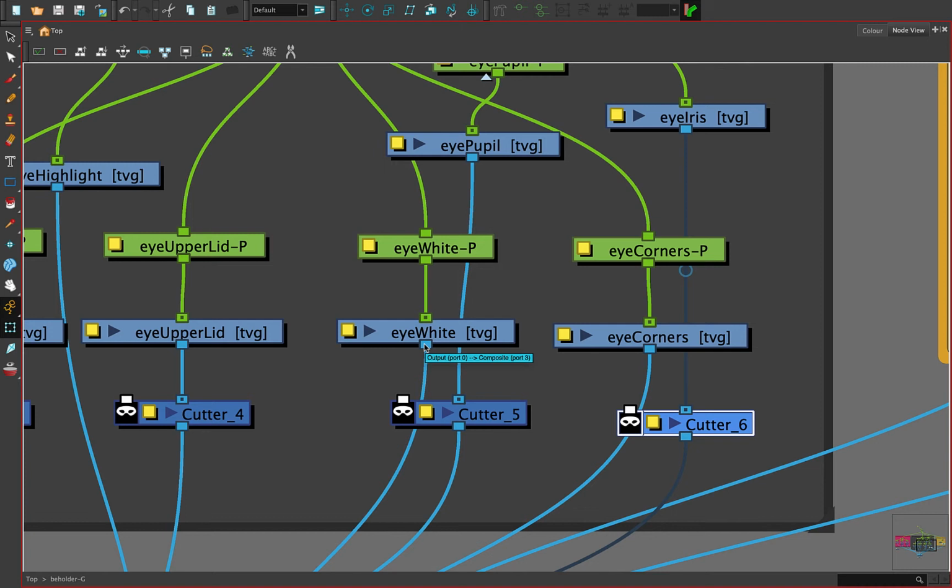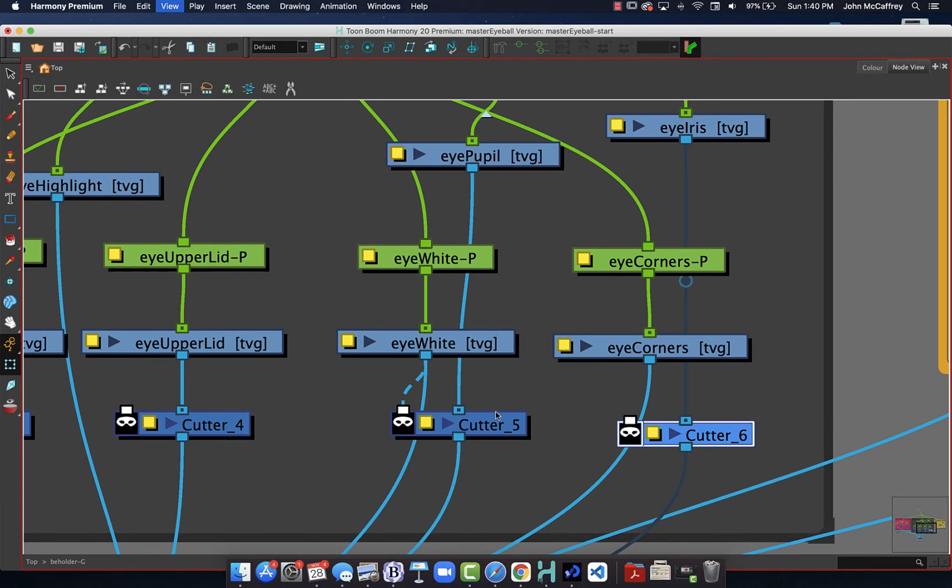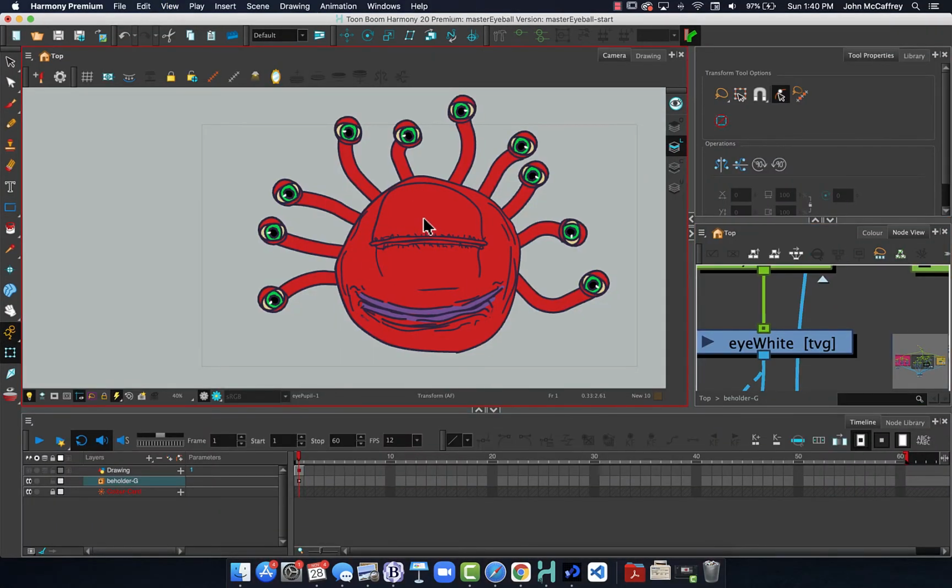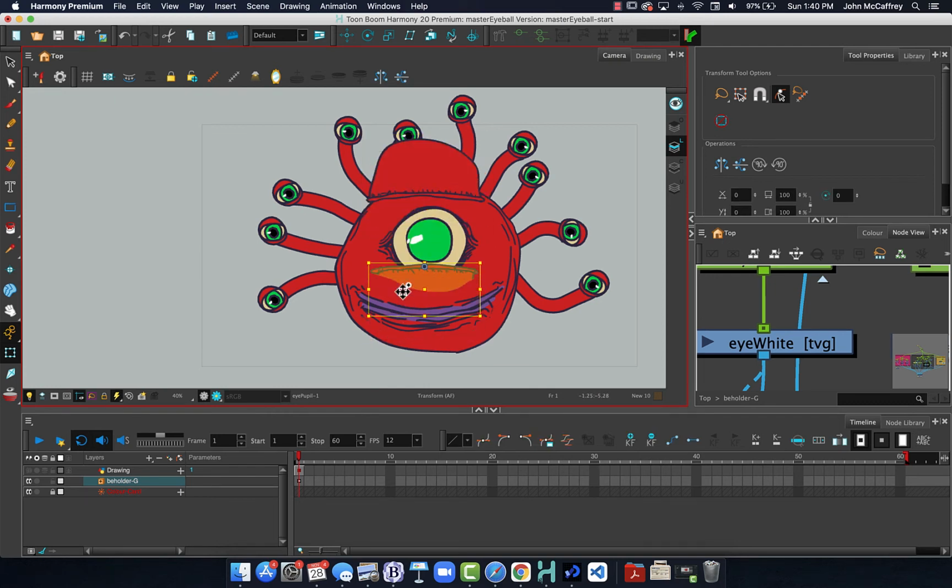So the way that we connect it, so this is the pupil. We'll just start with the pupil and see how this works. I'm going to drag this over into the pupil. Now the white of the eye didn't change. Everything else is there. So now if we get out of full screen, let's just move this. We can move this and we'll go, uh-oh,